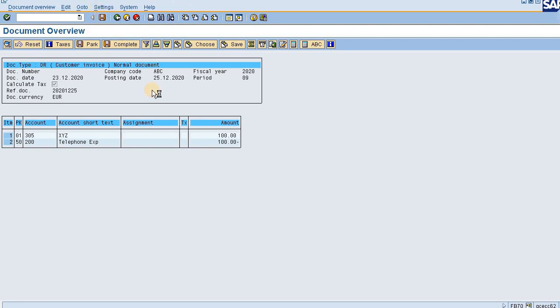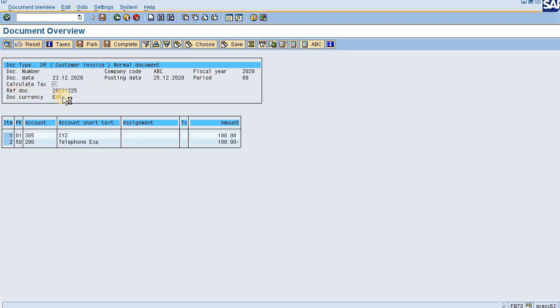Now just saving it. One document would be posted and I'll go to the document display and show you that the reference has been updated correctly in real time. It is taking a bit of time to post this document. Here document number, company code, fiscal year.